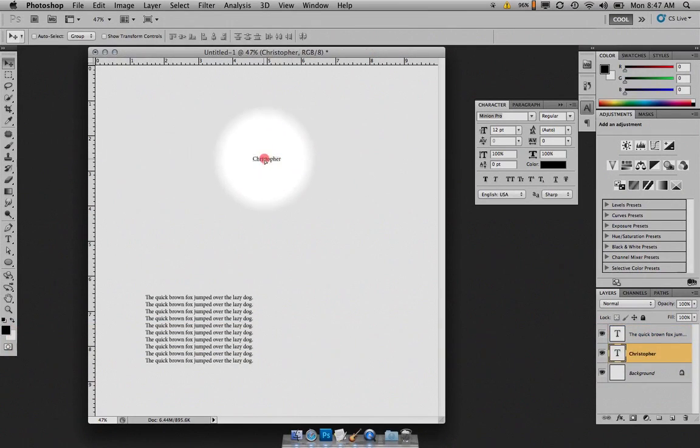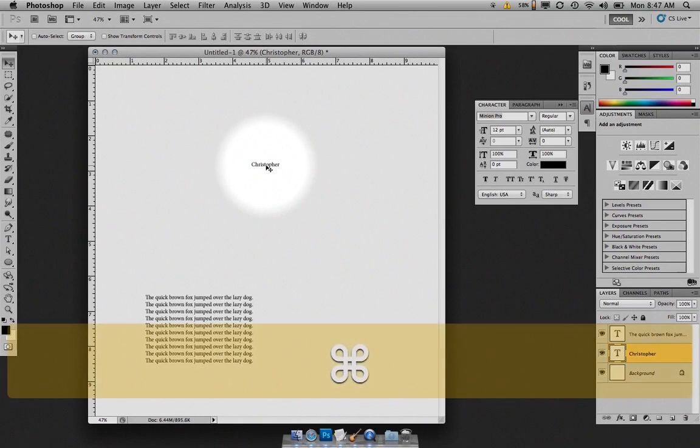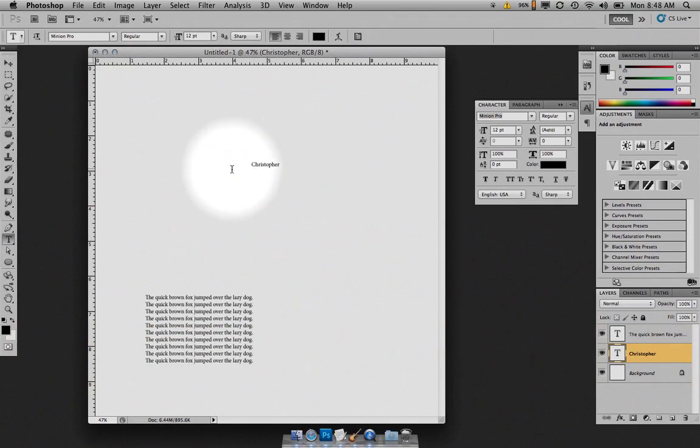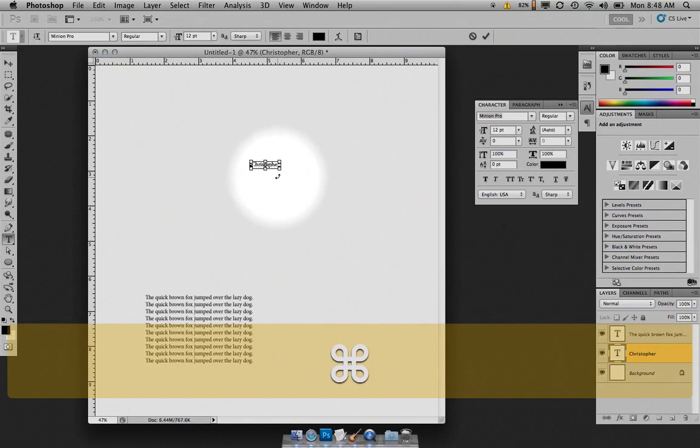can move this. Alright, the next thing that I want to do is increase the size of this text. So there's a couple ways to do that. If I go back to my text tool, press the T key, click on this, now I'm in here. Of course I could dial it in, and I'm going to show you that way in a moment, but what I like the best is to press and hold the Command button while the text tool is active. I get the bounding box, and just like normal with the bounding box, I can press and hold the Command